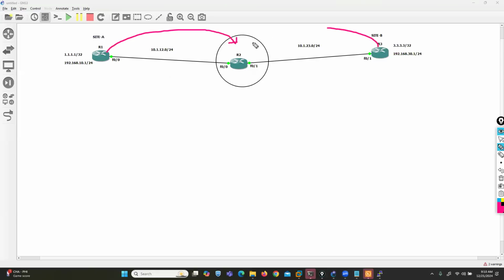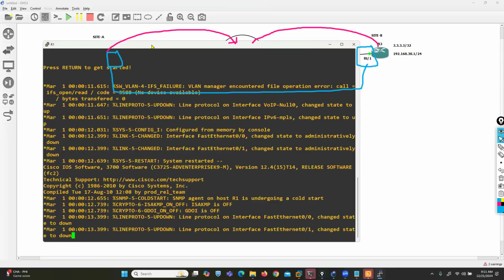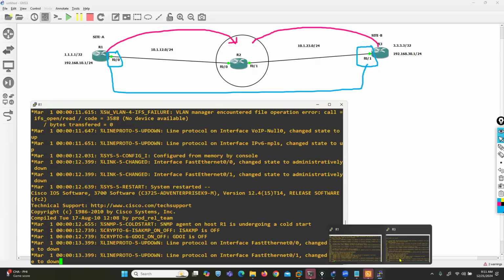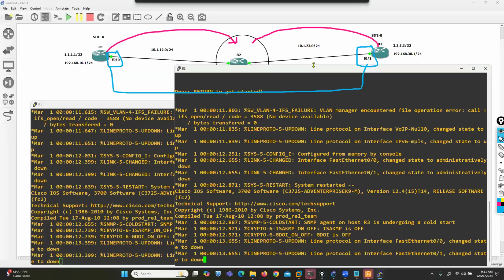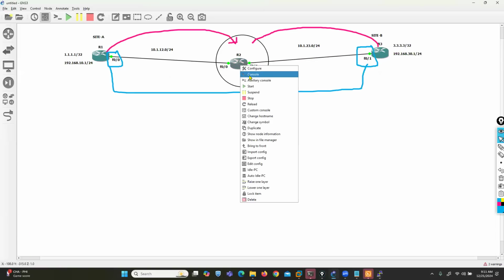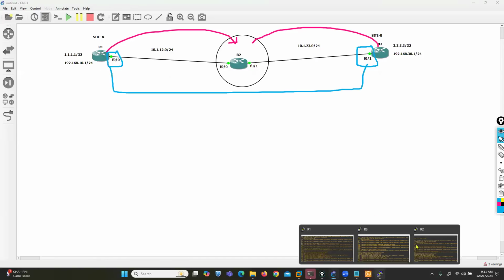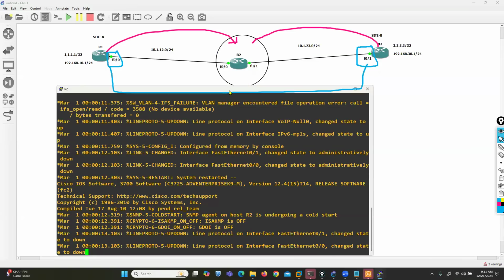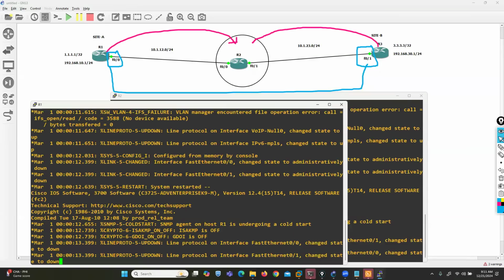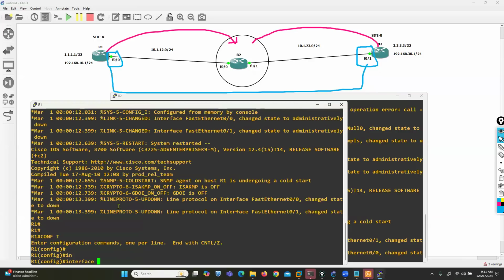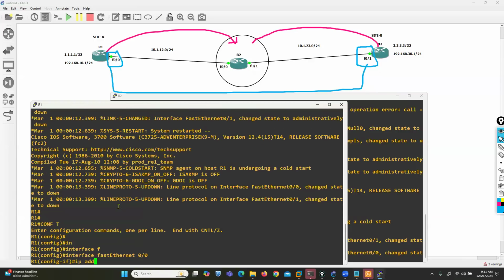Default route towards the ISP. Why? Because I want to create reachability from this source public IP to this destination public IP. Remember, I told you for VPN implementation, we need two pieces of information: source public IP and destination public IP. Let's move on to R1 so we can configure interfaces. FastEthernet 0/0,